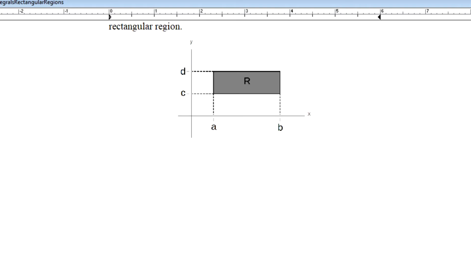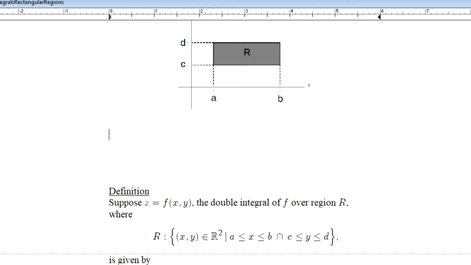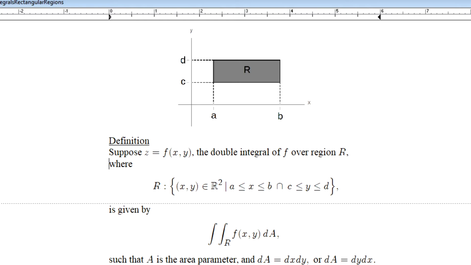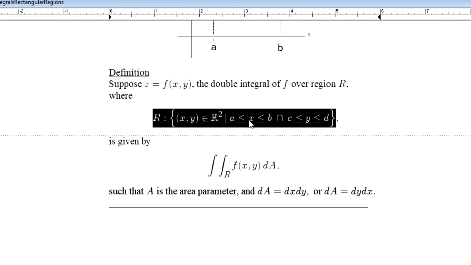We can formally define that as follows. If I bring that definition into view, that's defined as follows. By definition, we might assume z equal to f of x comma y is some multivariable function in 3-dimensional space. What we define as the double integral of f over this rectangular region R, where formally we can define R as follows here,